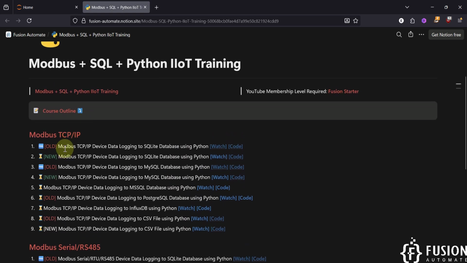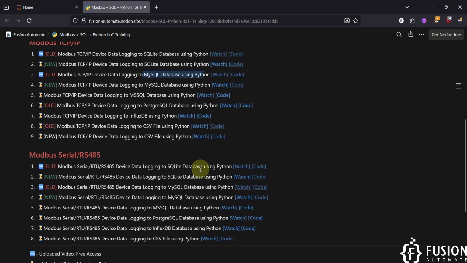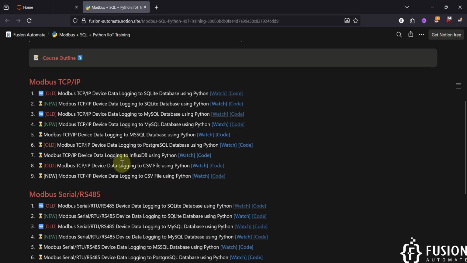Previously we have posted one video regarding Modbus TCP IP device data logging to SQLite database using Python, then MySQL database using Python, as well as two videos for Modbus serial device: Modbus serial device data logging to SQLite database using Python and Modbus serial device data logging to MySQL database using Python. Now in this video I have one legacy code for logging Modbus TCP IP device data into